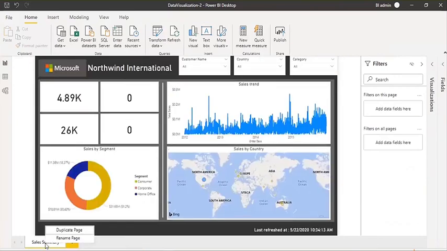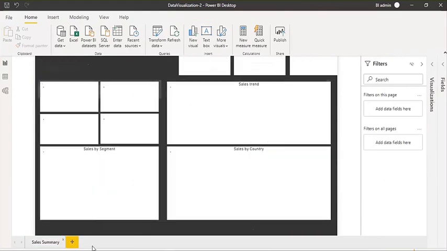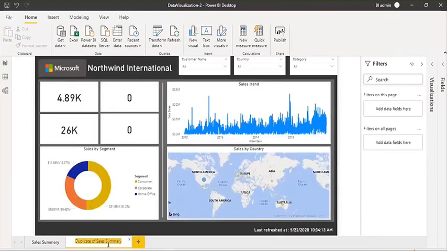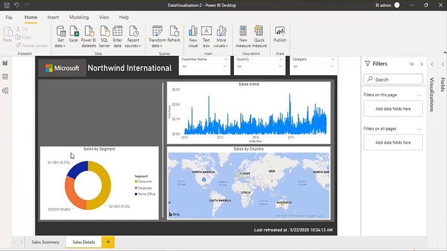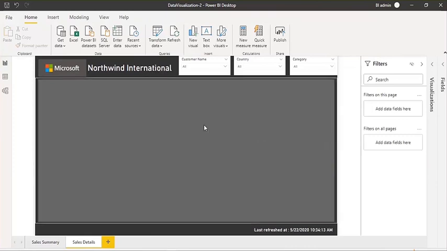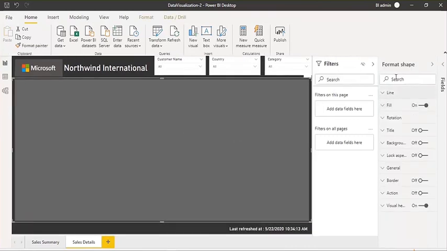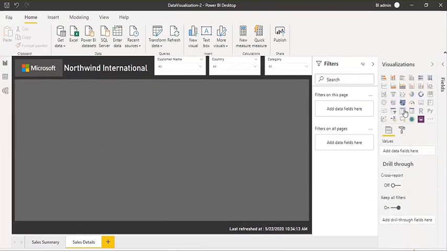So on the second page, let's say I'm going to use the same page, same format. So what I do is create a duplicate page of the existing one, and this is my, let's say, sales details. I just select it like this. Now on this page, you are not going to show all this data, so I'm deleting other fields from here. I will just add the table here. Let's say this one.